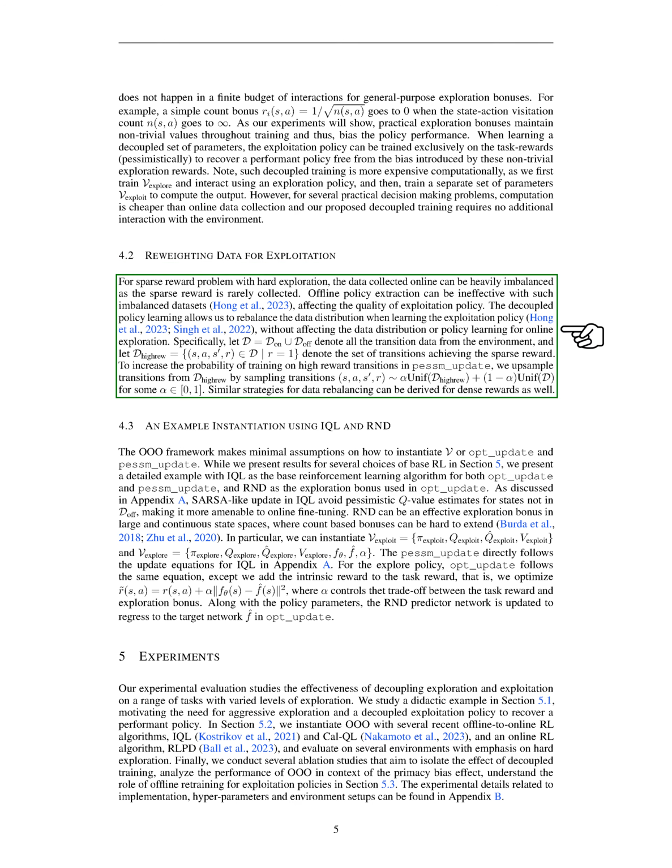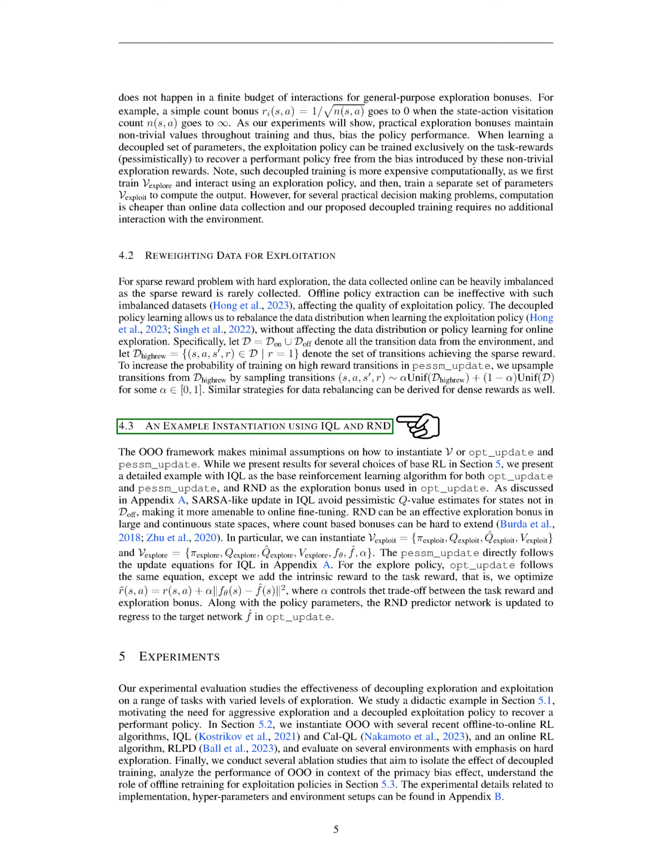Our approach allows us to adjust the balance of the data we use when learning the exploitation policy, without affecting the data or policy learning for online exploration. To explain this in simpler terms, let's say we have a set of all transition data from the environment, and another set of transitions that achieve the sparse reward. To increase the likelihood of training on high reward transitions, we can upsample transitions from the set of high reward transitions. This is done by sampling transitions from both sets, with a certain probability for each. This same approach can be applied to situations with dense rewards as well.